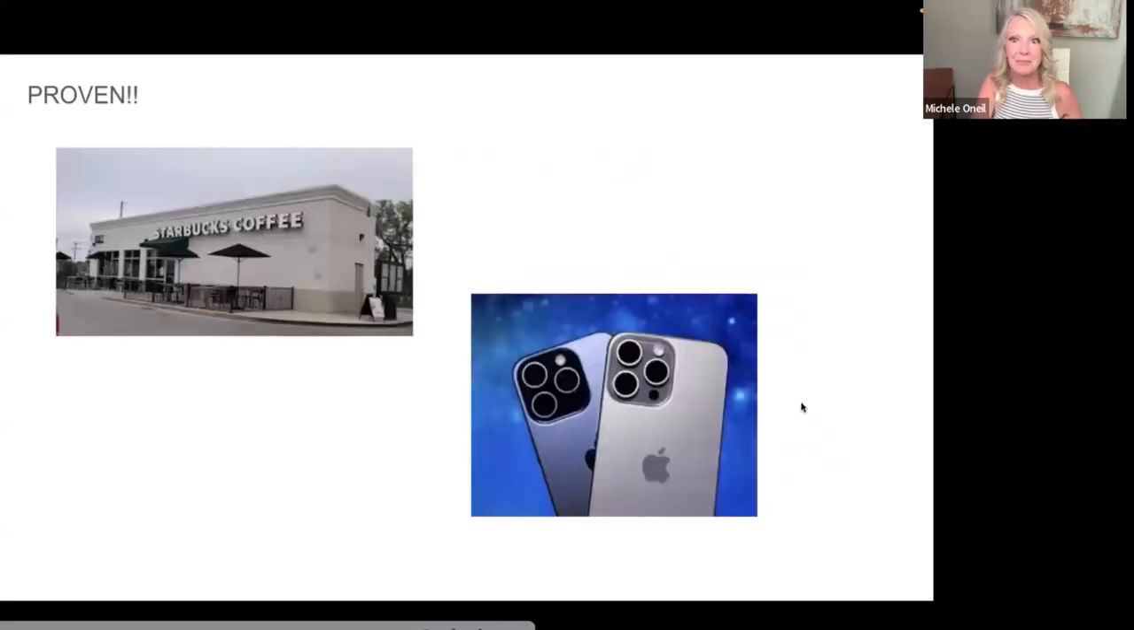Here's another example of proven. Starbucks. When you purchase a Starbucks franchise, it's proven to work. iPhone. If you become a Verizon or a T-Mobile and you buy the next iPhone so you can get the resale rights on it and sell it, you know it's going to sell. People like those things. Now, I don't know about you, but I didn't have the money to become a Verizon